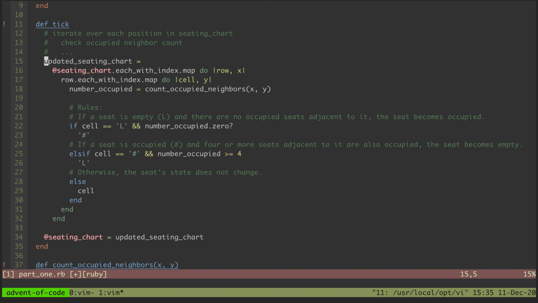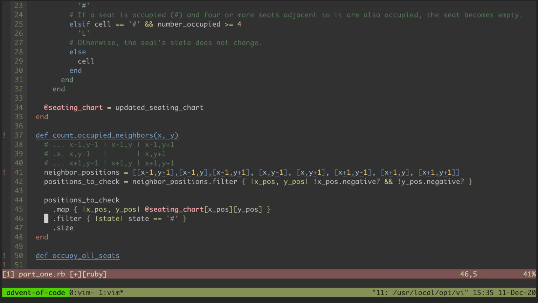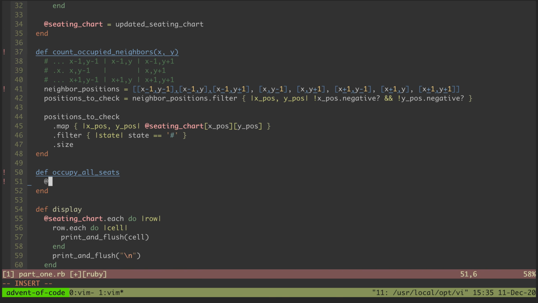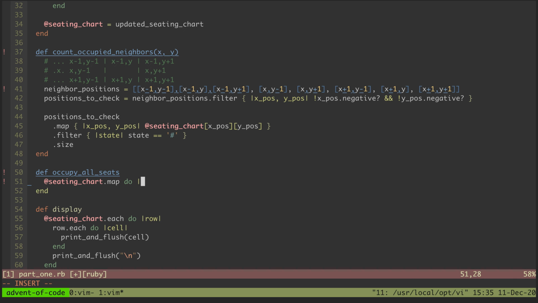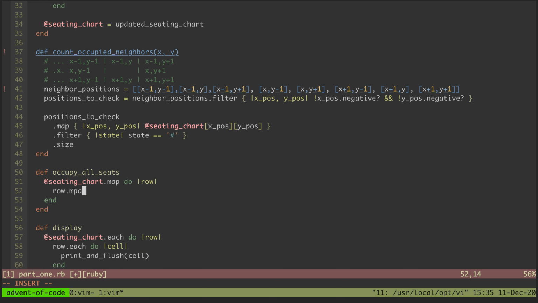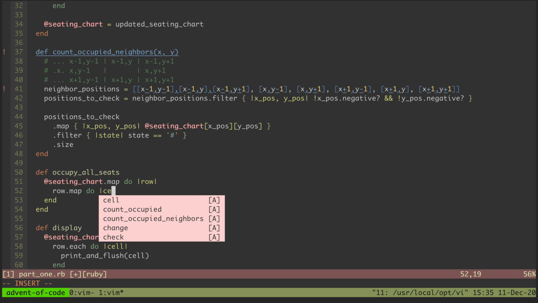And it's gonna look a little bit, well, I don't need to copy any of that. It's gonna be different enough. So say seating chart, map row, oops, do row, and then again row, map, cell,